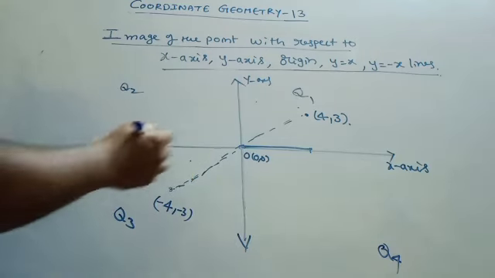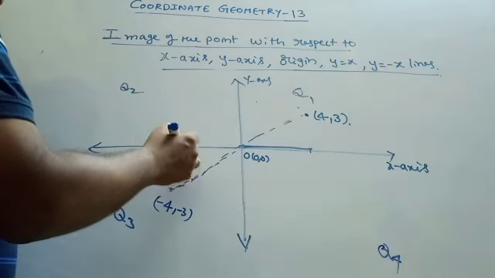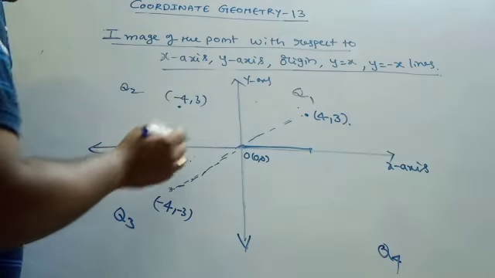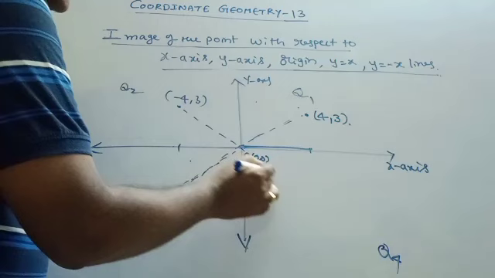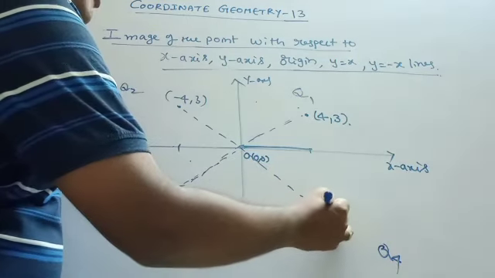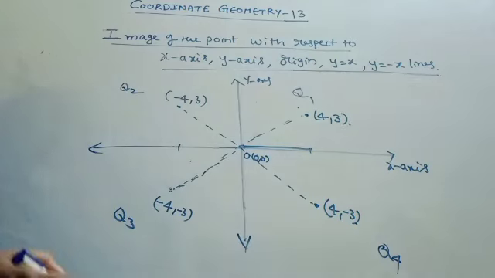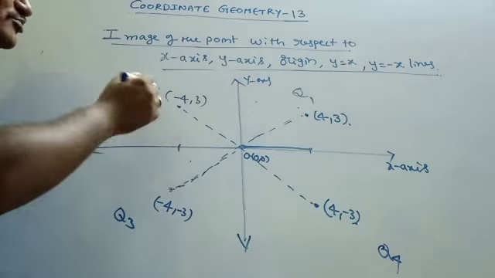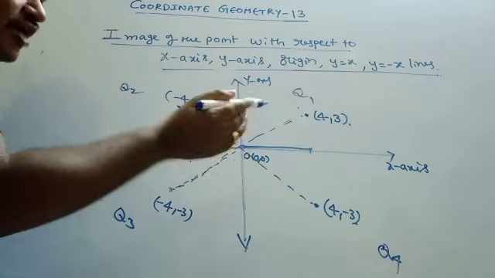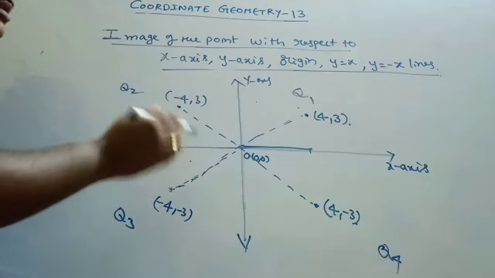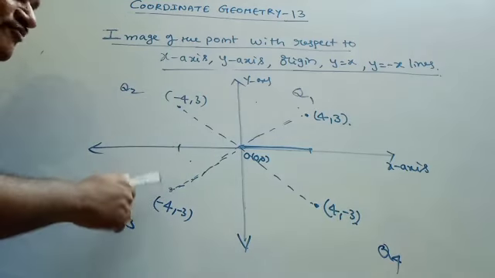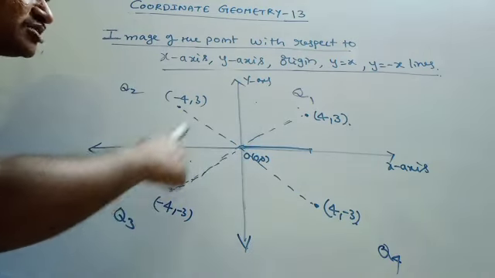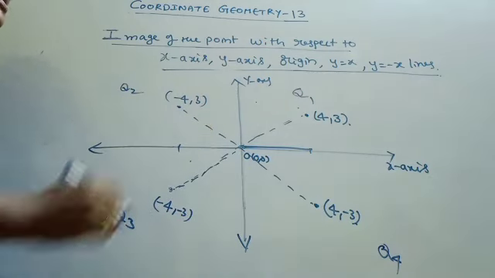The same way, suppose you have here a point, we take here minus 4 comma 3, right, minus 4 comma 3 is the point, and its image under this origin you are going to get as 4 comma minus 3, like this. 4 comma minus 3 is its image with respect to origin, a point which lies in quadrant 2 whose image will fall in quadrant 4. A point which lies in the first quadrant, its image will fall in the third quadrant. That means these both are images to each other with respect to origin as a mirror.